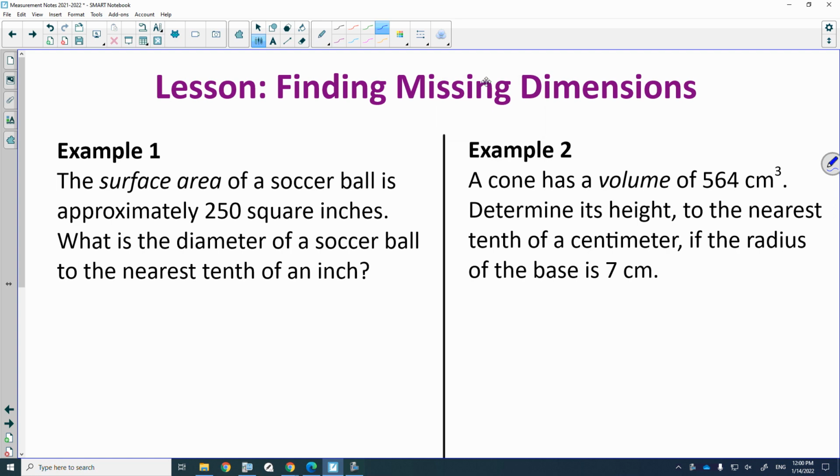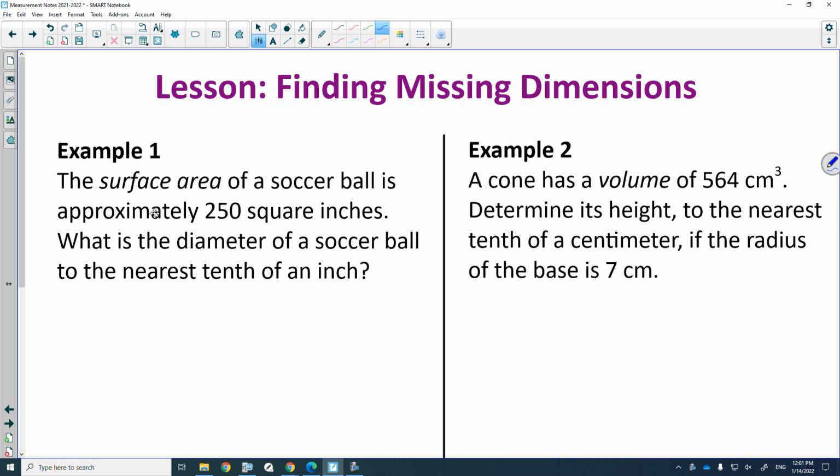Okay, so we're going to be finishing up the last lesson on measurement, and it's going to be some word problems, and I'll show you exact strategies on how to solve these word problems. Question number one, or example number one, don't even read the question. I want you to underline or box in two things: the object, and if it's a surface area or volume